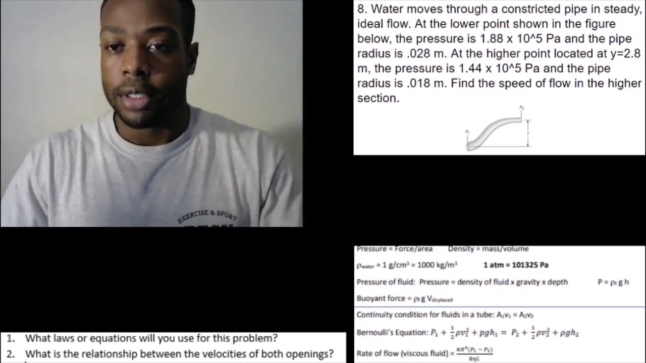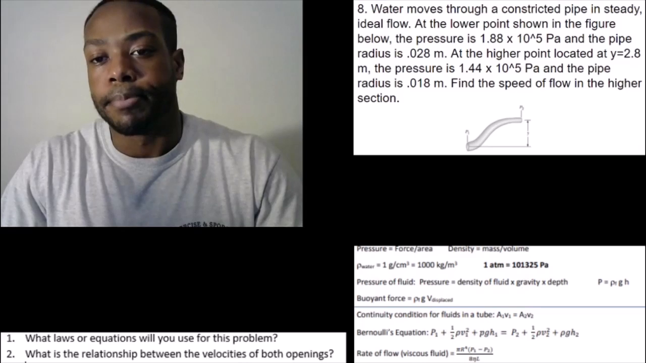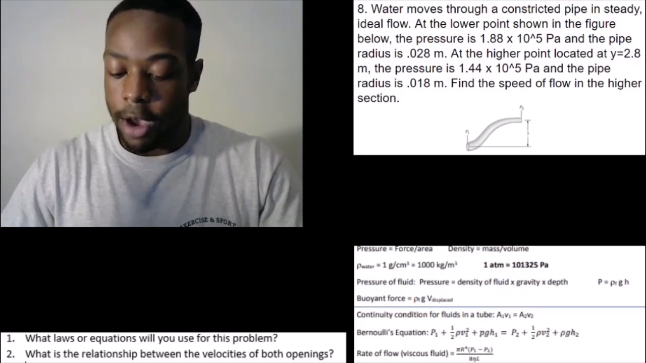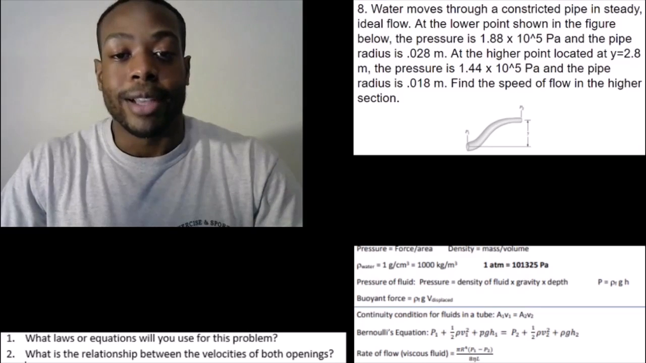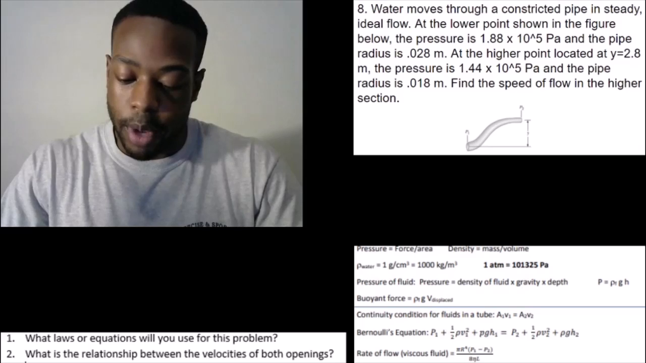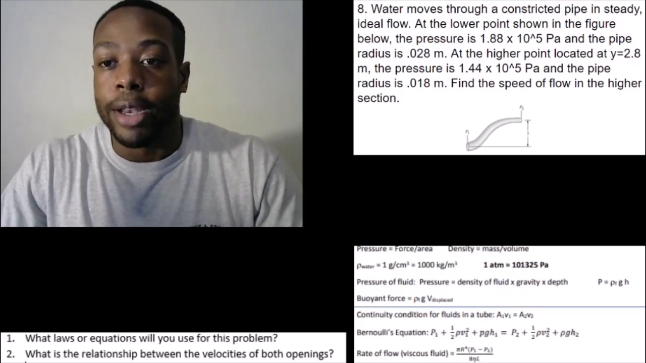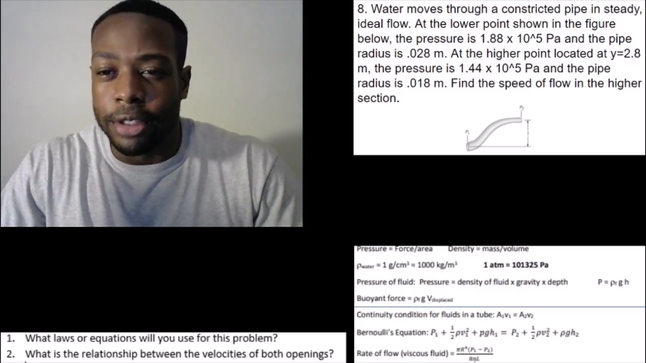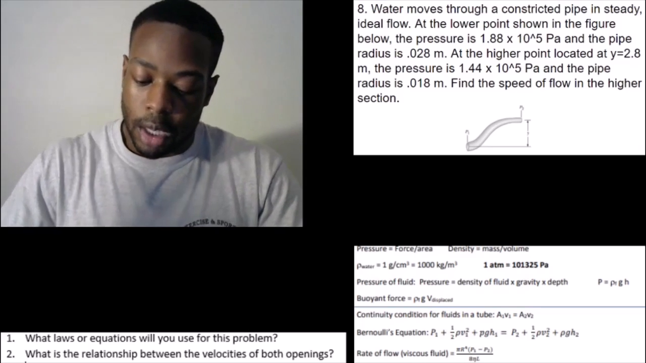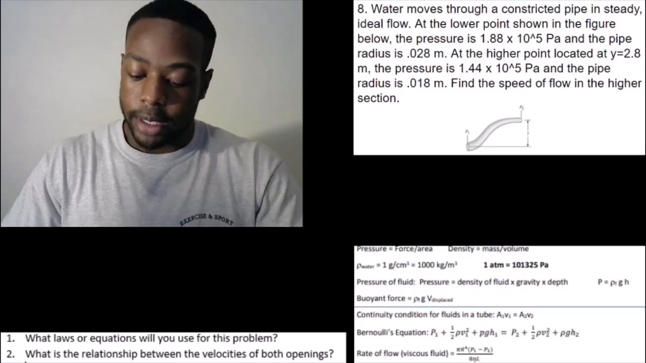We have our numbers. We can plug in the area. We don't have the exact areas, but we can find them out. Area, or cross-sectional area, is going to be pi r squared. We've got our radiuses. So we're going to do pi radius 2 squared. Radius 2 was the 0.018. And then area 1 will be pi times